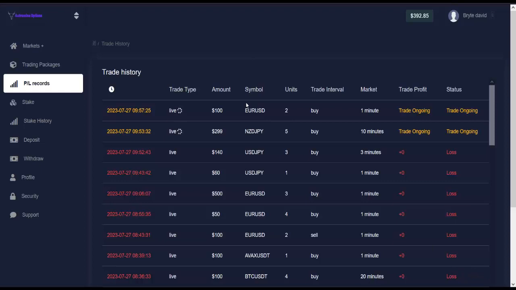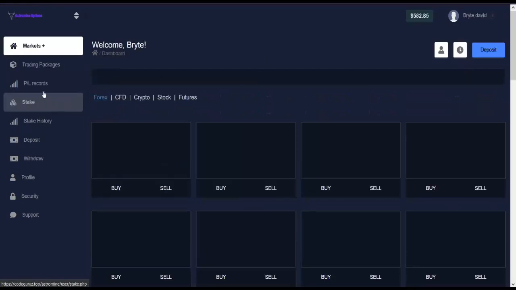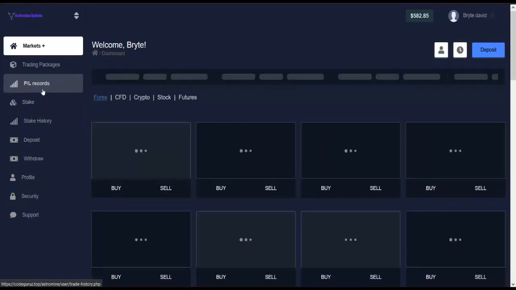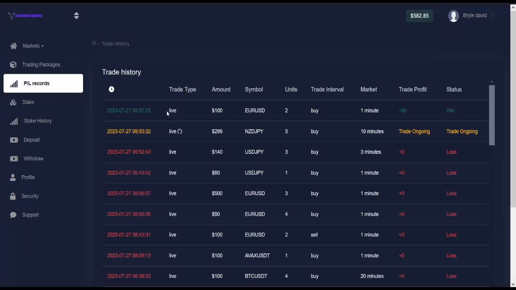So 1 minute has actually elapsed now. What I will do now is I will refresh this page. I'll go to PL records again. So as you can see right now, this trade is actually a win. Because the user actually traded with that signal the admin gave,